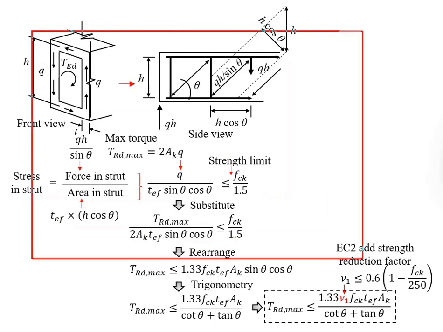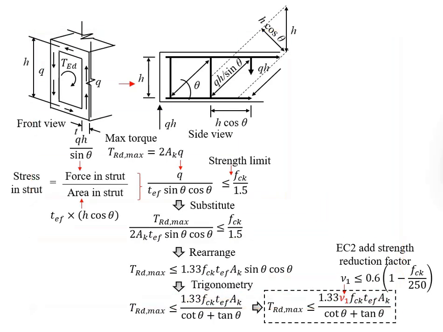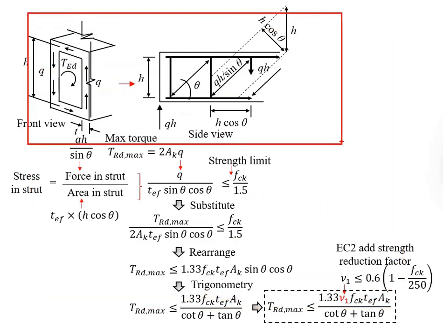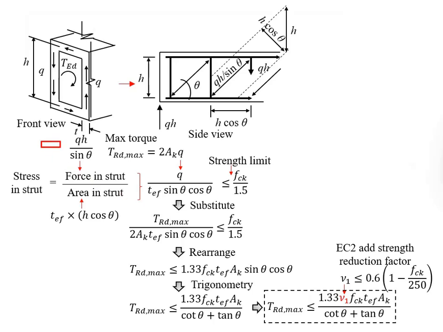You may refer to this slide. Let me first explain the diagram before we look into the derivation process. This represents the cross-sectional view of a member subjected to torsion. A thin wall box section is assumed, where you need to calculate the effective width, and there will be shear flow,